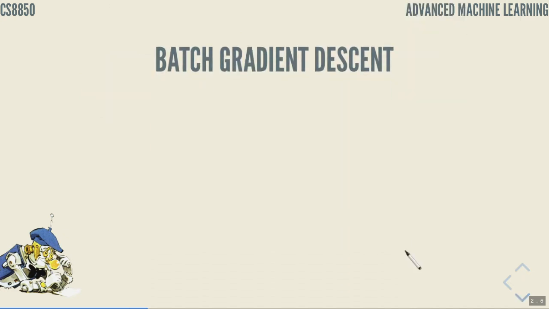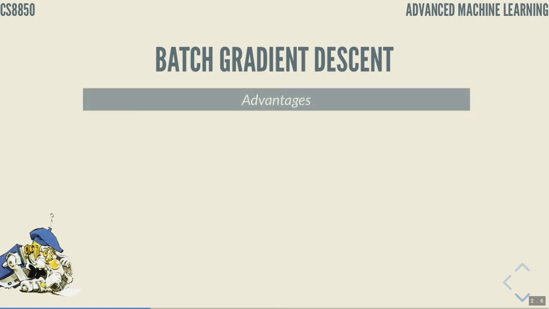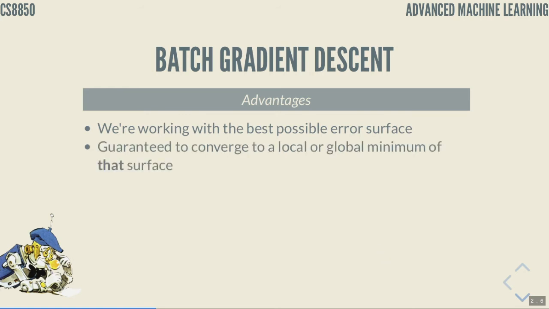So then batch gradient descent has its own advantages. Well, advantages are we're working with the best possible error surface, right? And we're guaranteed to converge to a local or global minimum of that surface, global minimum if the function is strictly convex. In all other cases, it's the local minimum, but yeah, even in non-strictly convex functions,